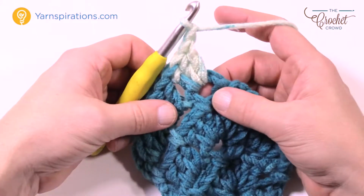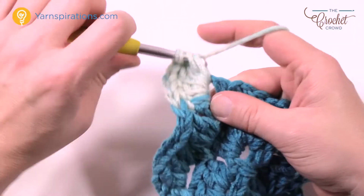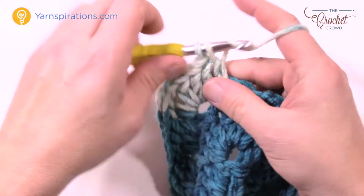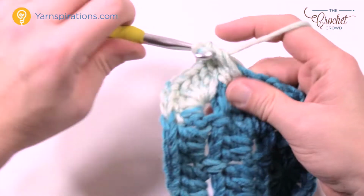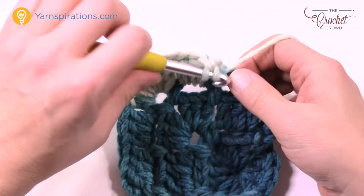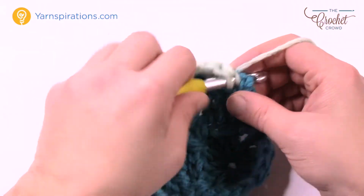Chain 1 because you're turning, and then just continue into the same space again for 3 double crochet. Just like you see, and then just carry on. So just once you turn it, just keep on going down. So there's 3 double crochets. Just like you see there. And then the next chain 3 space is going to be another group of 3. And then finally in the single crochet that you had, you're just going to put in 1 double crochet